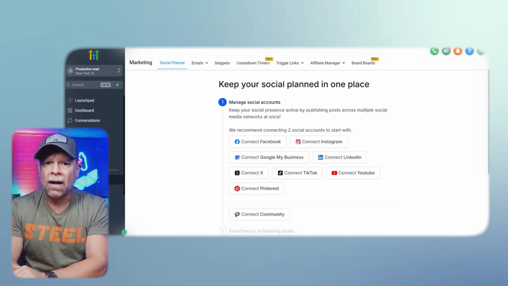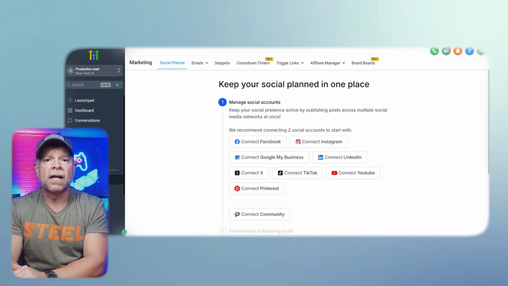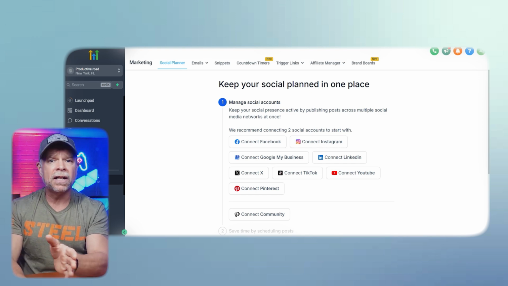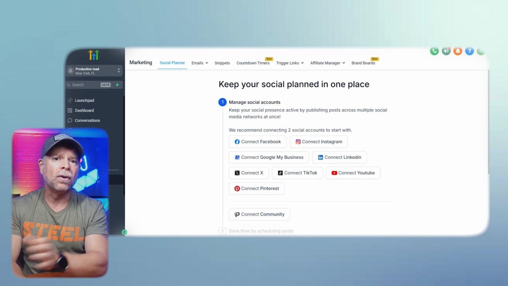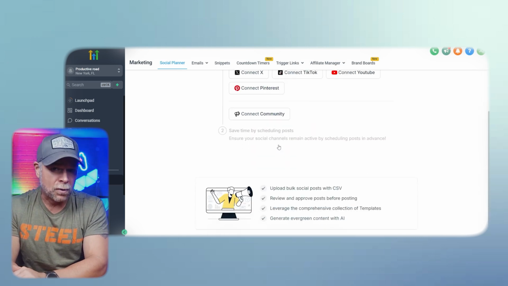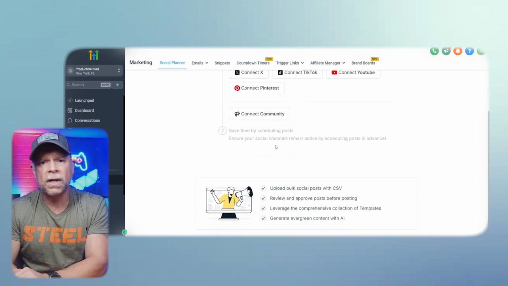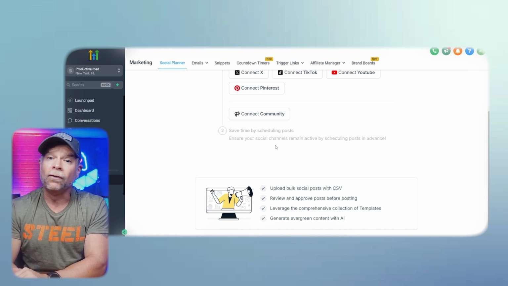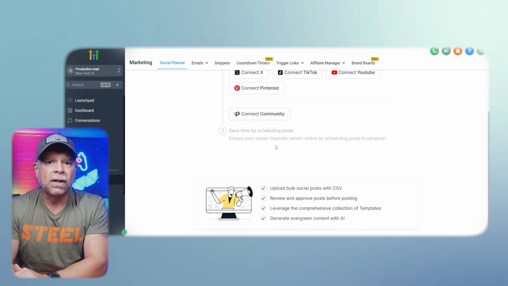Now, once your accounts are connected, you can start scheduling posts across different platforms in advance. GHL's Social Planner also lets you bulk upload posts using a CSV file, which is a highly effective way to plan your content calendar for weeks or even months ahead. By using the scheduling or bulk upload features, you can save time and focus on creating quality content that engages